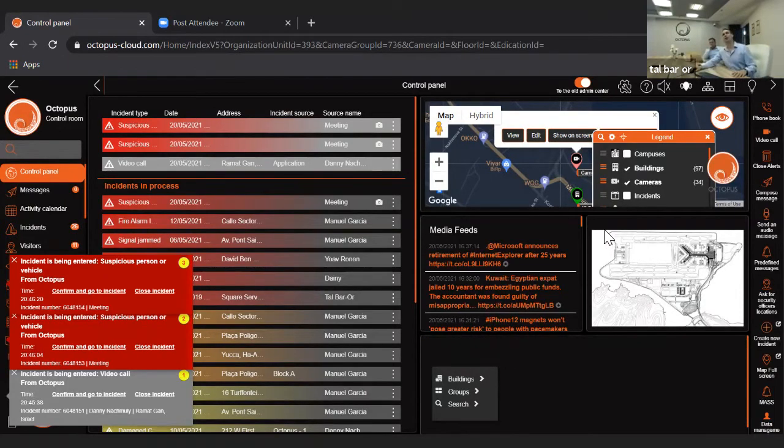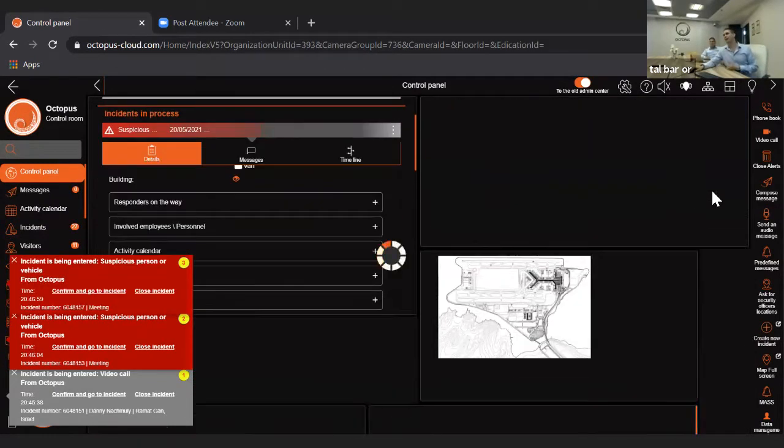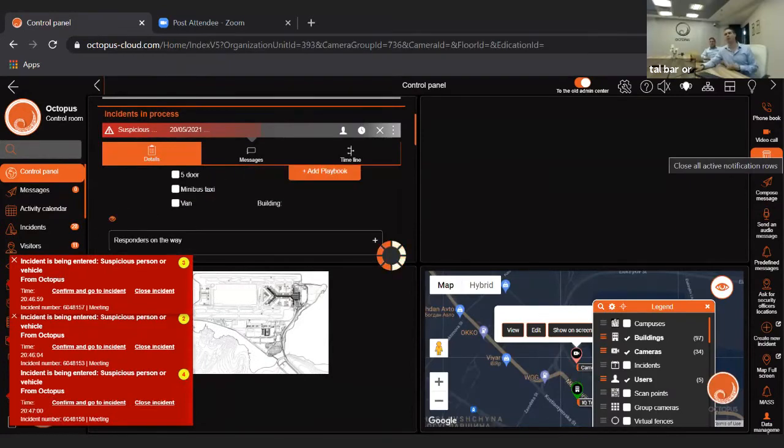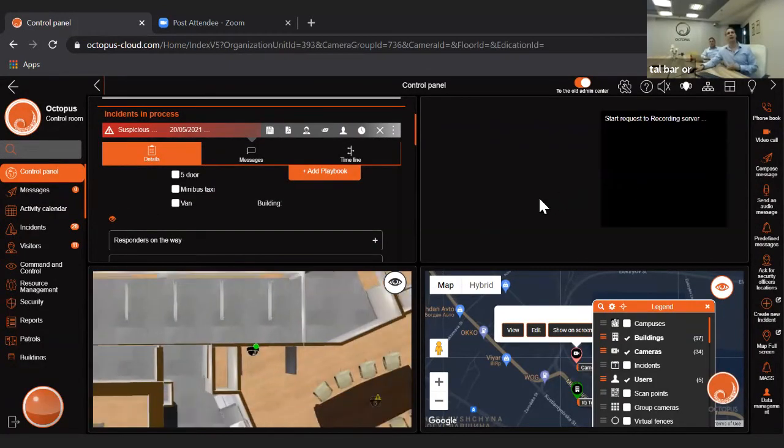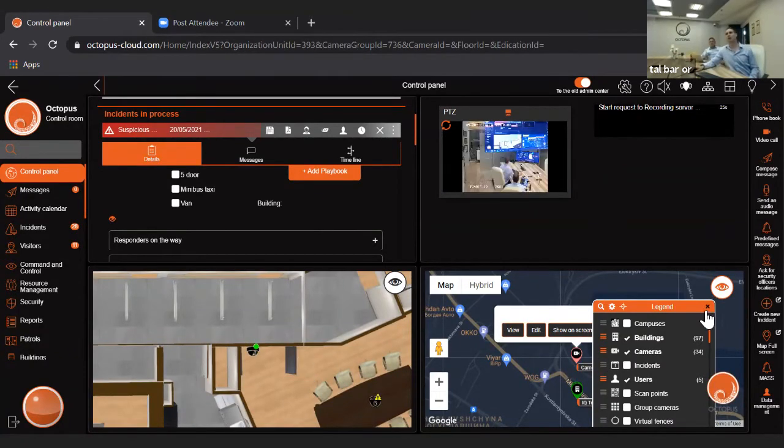The camera here in the back of us, it has face recognition. So once Tal looks in that camera, Tal, please look in that camera. As he's looking, you see a new event has come in. Incident is being entered, suspicious person. The face recognition camera here has detected Tal as on a marked list and immediately brought up an event and shows you where this is happening, shows you the location on the GIS, shows you the